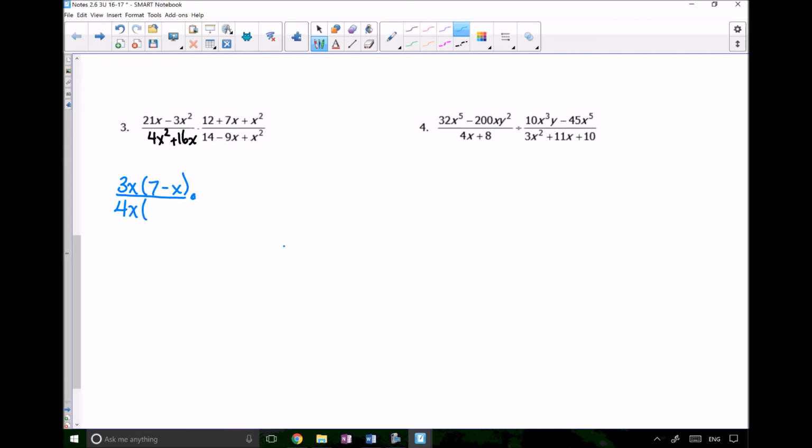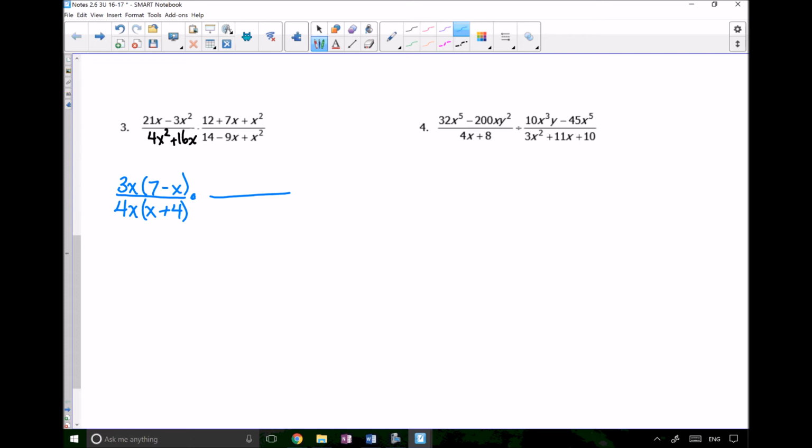And when I factor out a 4x from 4x squared, I get an x. And when I factor out a 4x from 16x, I get a plus 4. Okay, and this is not factorable any further. Okay. So now, in my second fraction, in the numerator right here, I'm going to ask myself, is there a